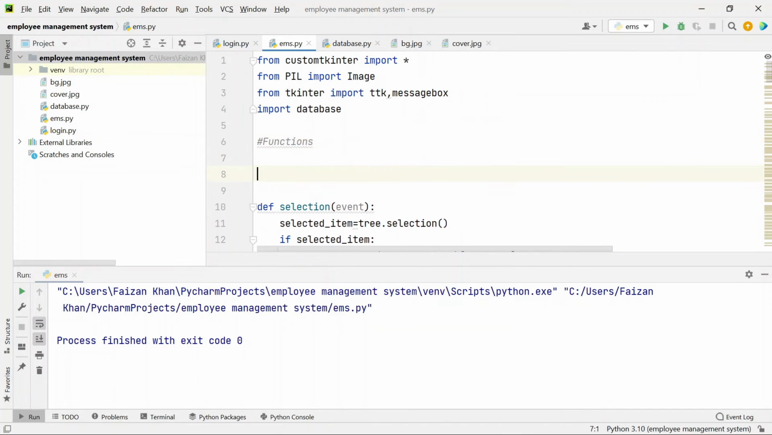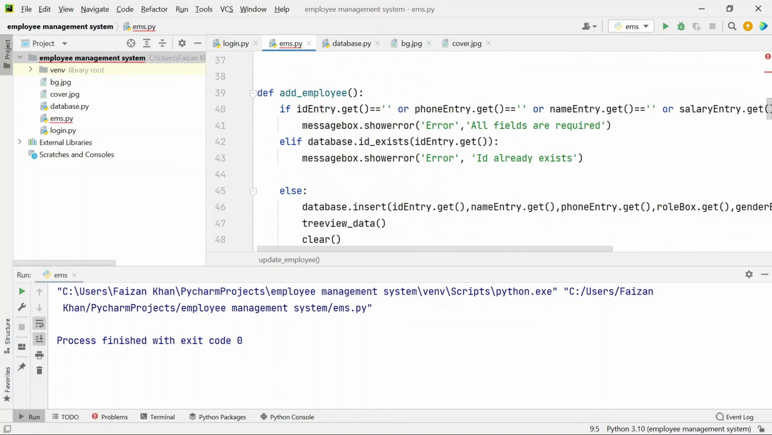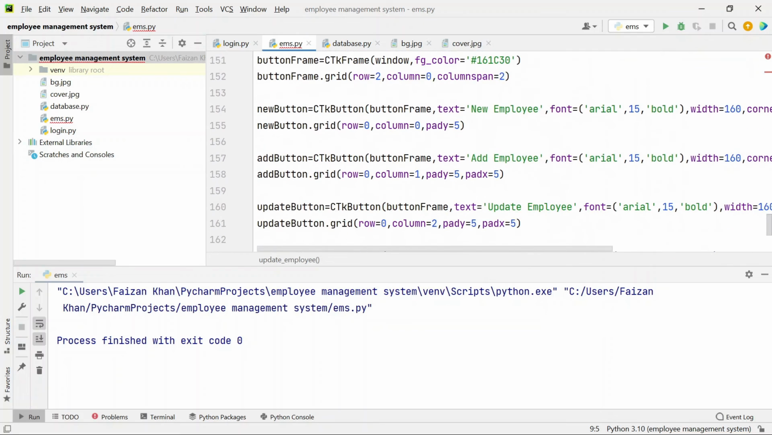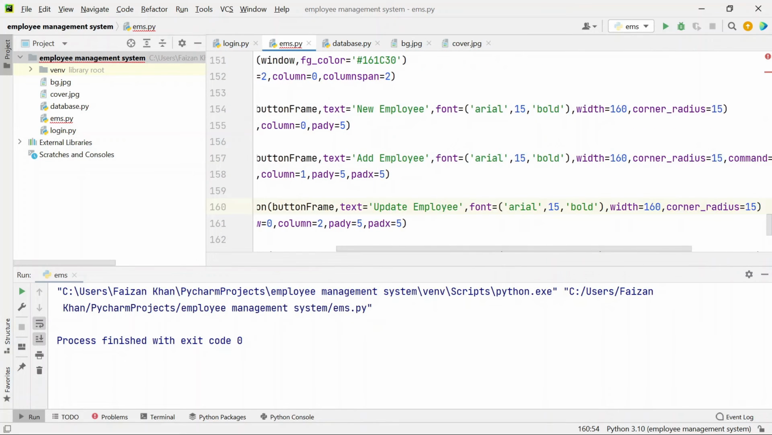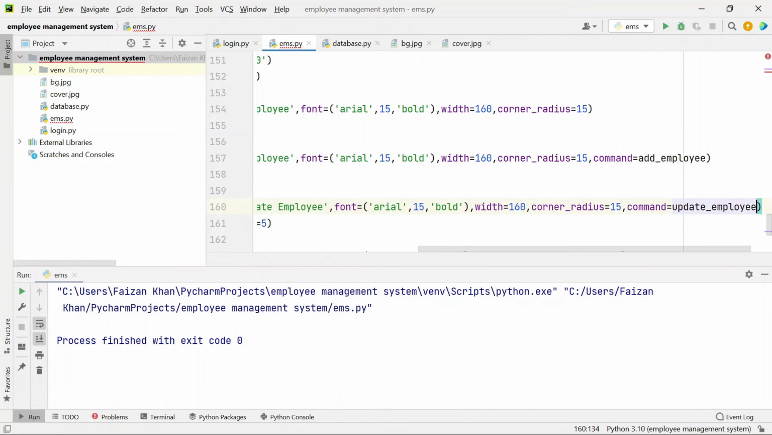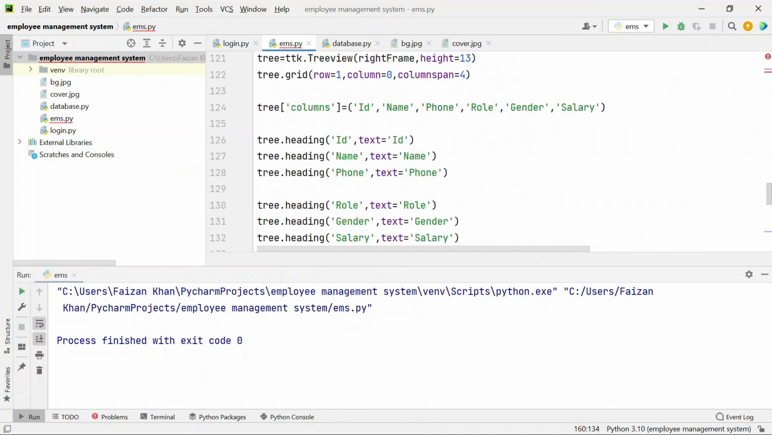So I'll create one function here, def update employee, like this, and let's call this function from the update button. Here we have this update button. We'll pass command here, command equals to update employee without parenthesis. Okay,